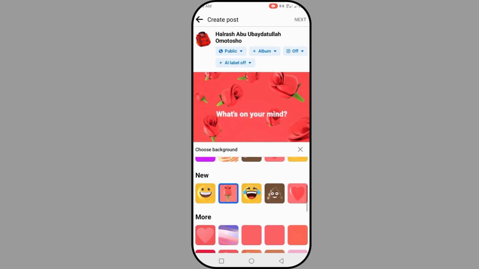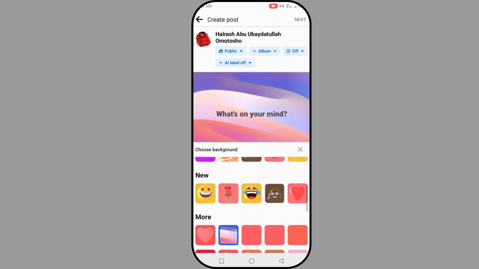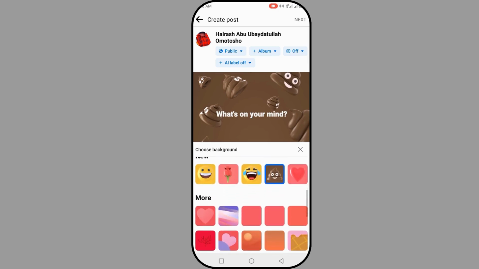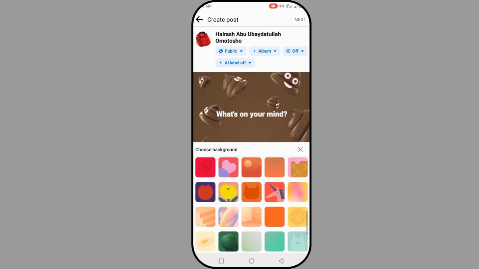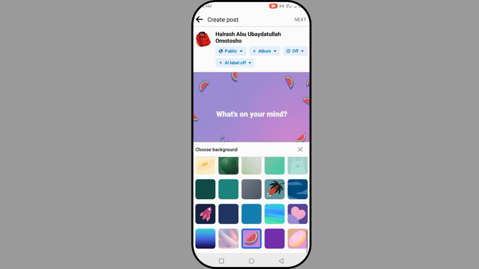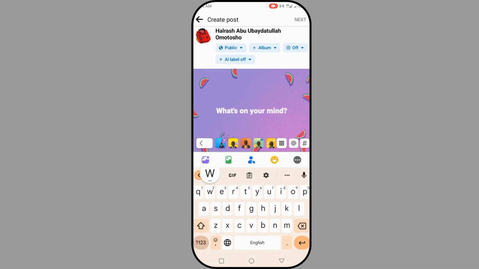You can see, click on this before you post, and you can see they have very lovely backgrounds you can choose, and you can just color say watermelon, and you can post it. Just click on it and you'll be able to